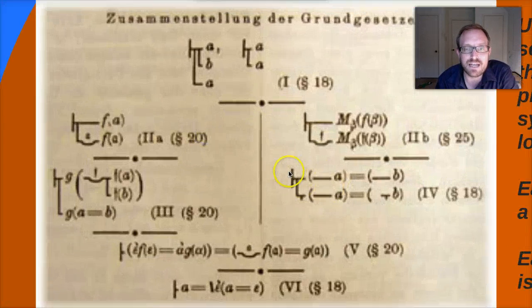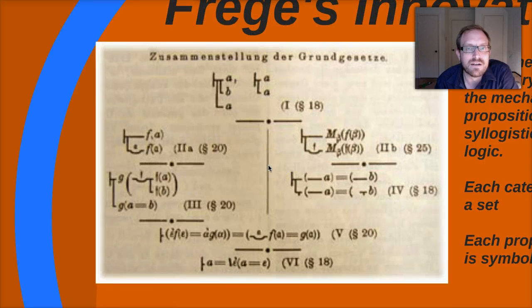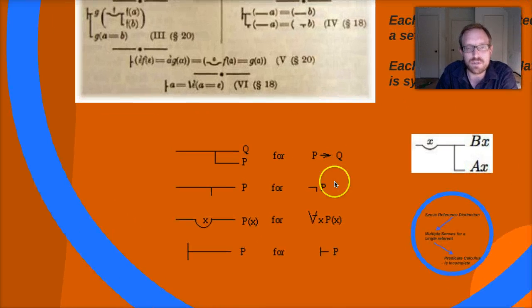Now here's an example of Frege's notation, and this is from the Grundgesetze. But here you see, he actually developed a very bizarre symbolization system that involved drawing lines and having functions and quantifiers, or these sorts of weird Gothic letters. And it's really complicated and very difficult to understand. But you can see here that, for instance, if you're going to do if P then Q, here's how Frege